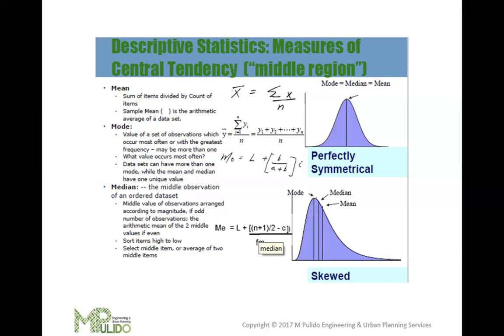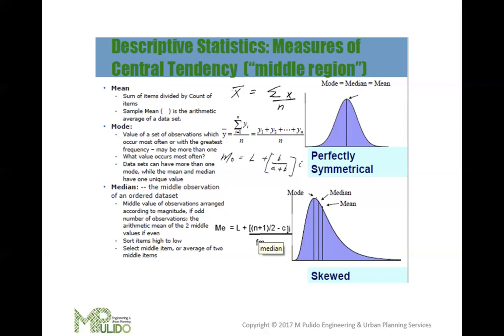For example, in the board exam, it will not just be asking you to define, but for example, it will ask about median house price. So the middle value of house prices sorted from lowest to highest, that's the median. Another example, when you will be asked about median age, so the middle age in a sorted list of ages in a population. So that's the answer.